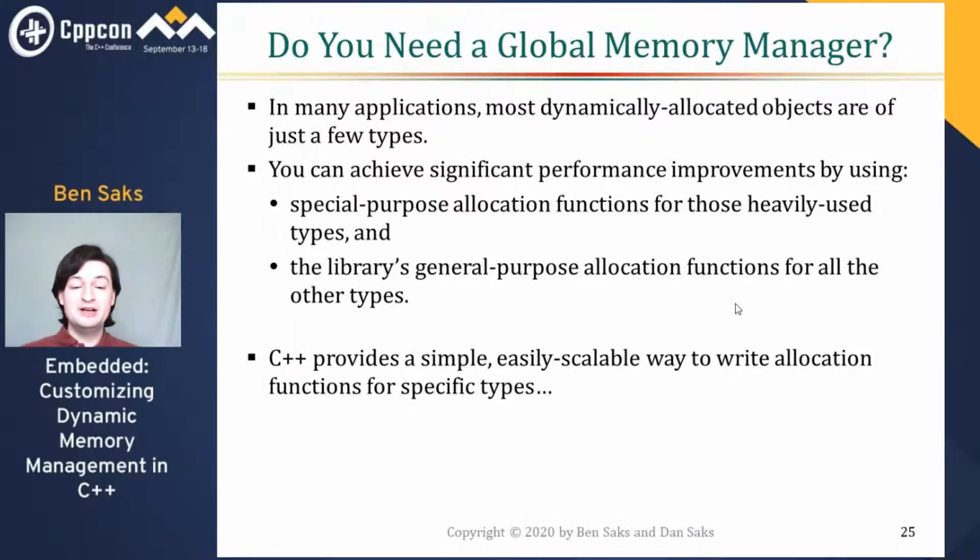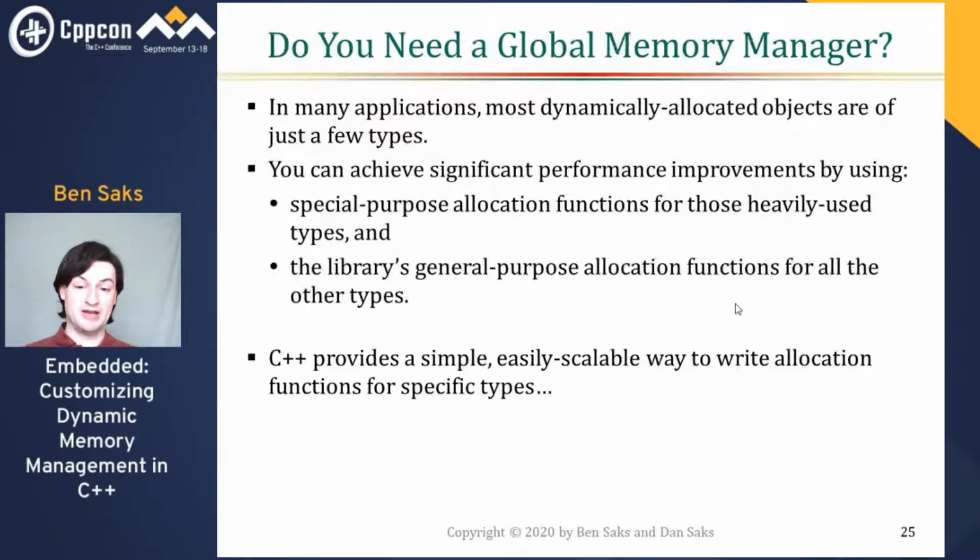And so if you can write a memory allocator that just works for those specific types that you allocate frequently, you can get a lot of the benefits that you would get out of